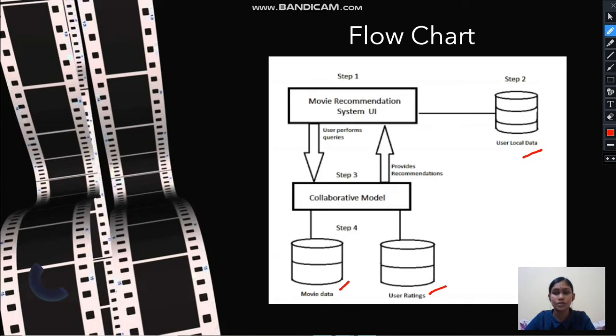So if the user is a first-time user, they have to rate more than 5 movies. After they rate the movies, only then can they perform their queries and ask what kind of movie they want to watch. Based on that, in the collaborative model, we implemented two filtering approaches, which are user-item filtering and item filtering. Later on I will explain more about it. From here the system will provide recommendations to the user, followed by